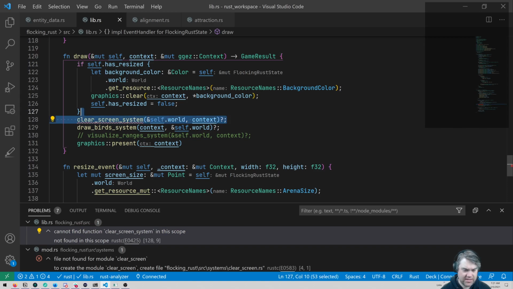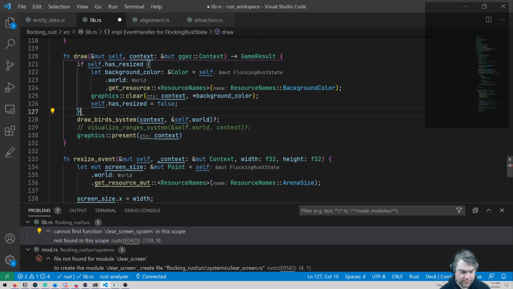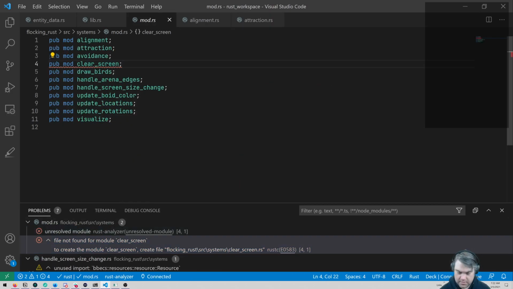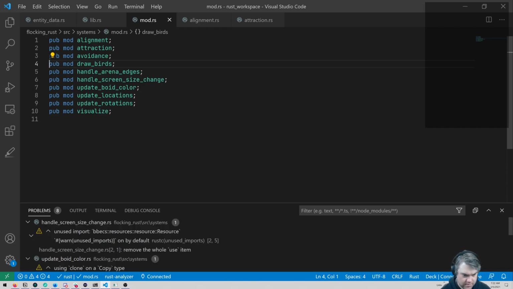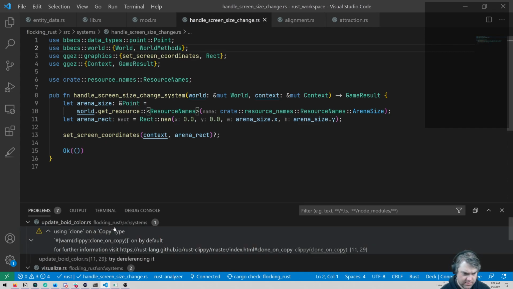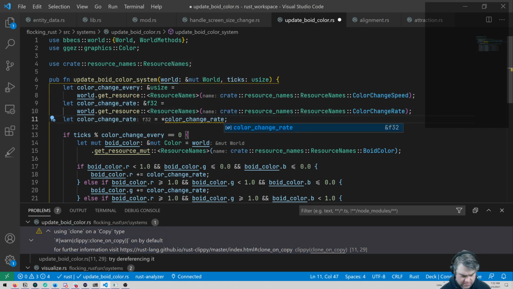Stop using that. Okay, so we have a resource we're not using. Okay, using clone, so we can use the dereference and then remove this clone.